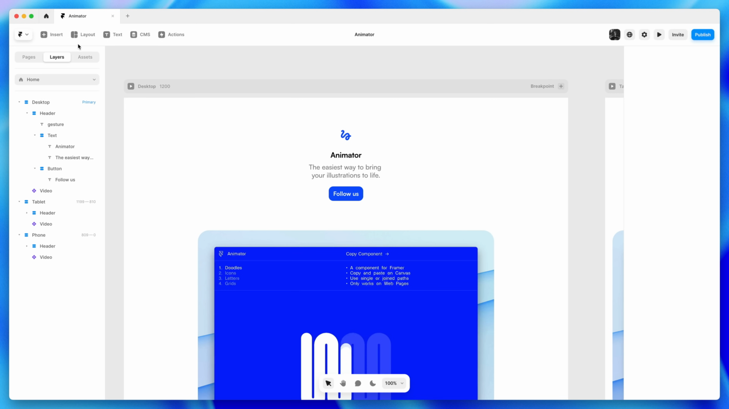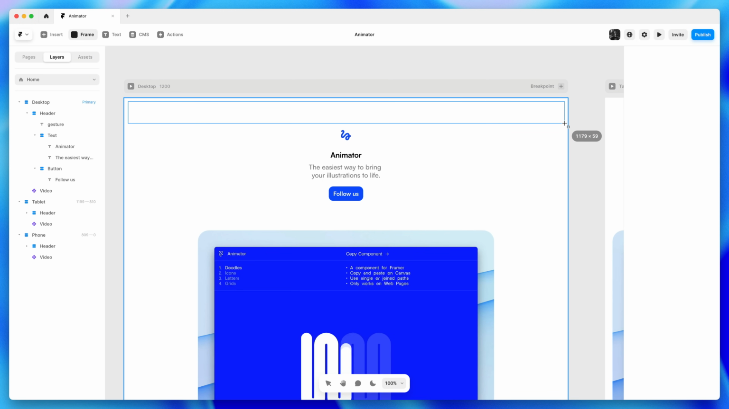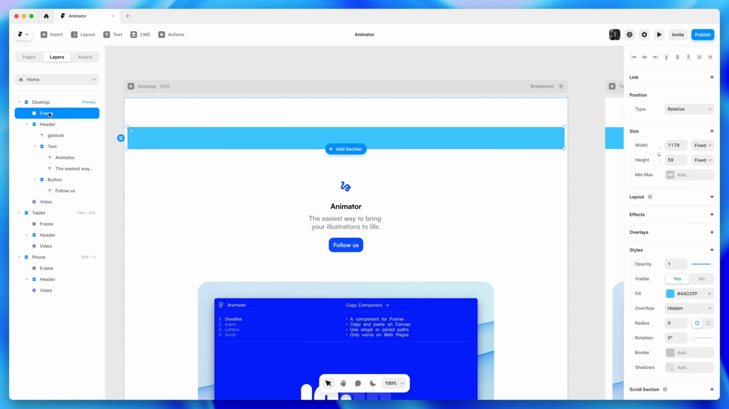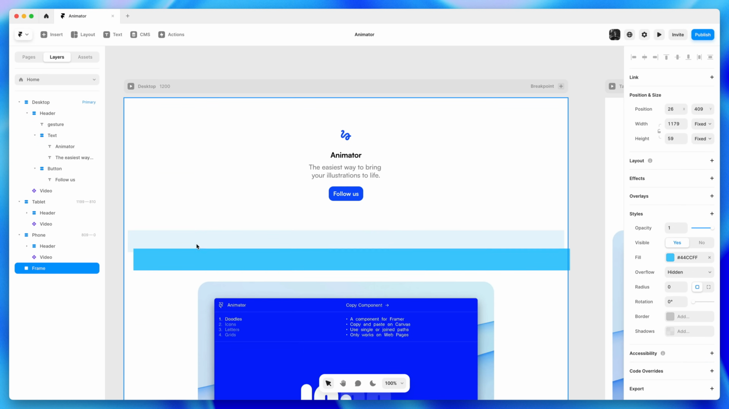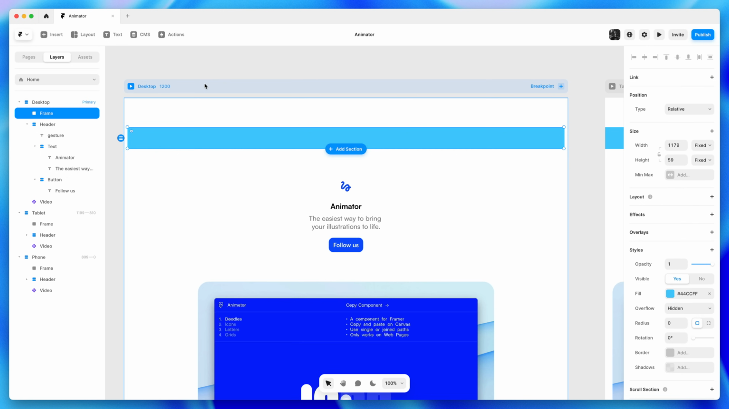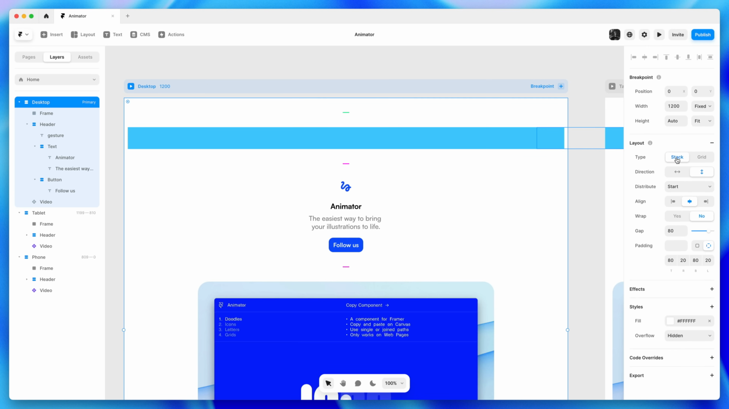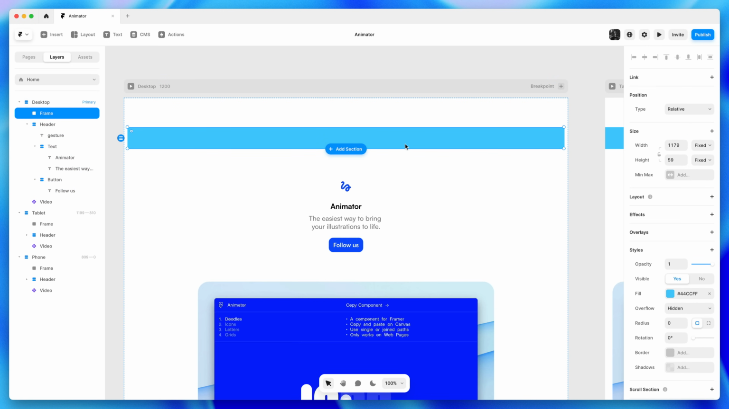I'll head over to the layout menu in the toolbar and I'll select the frame tool. And then let's draw a rough outline of a top bar right here on top of our page. It becomes a part of the existing flow of the page. So we could sort it around, for example, but it respects the padding of the desktop page, which isn't ideal